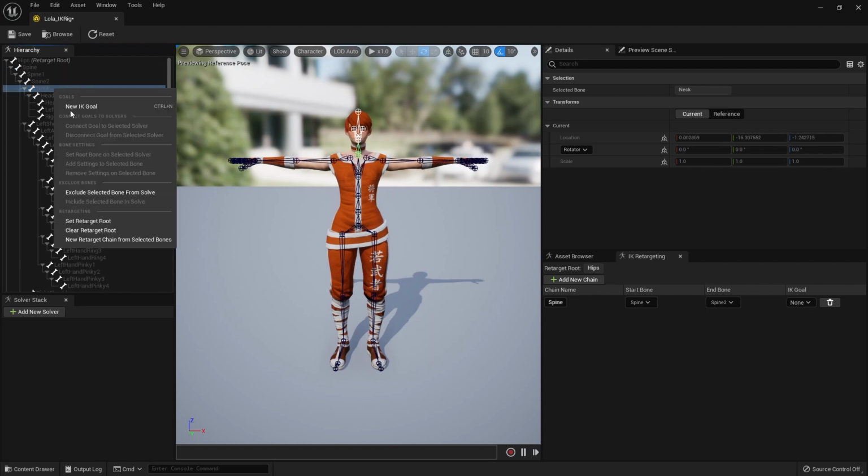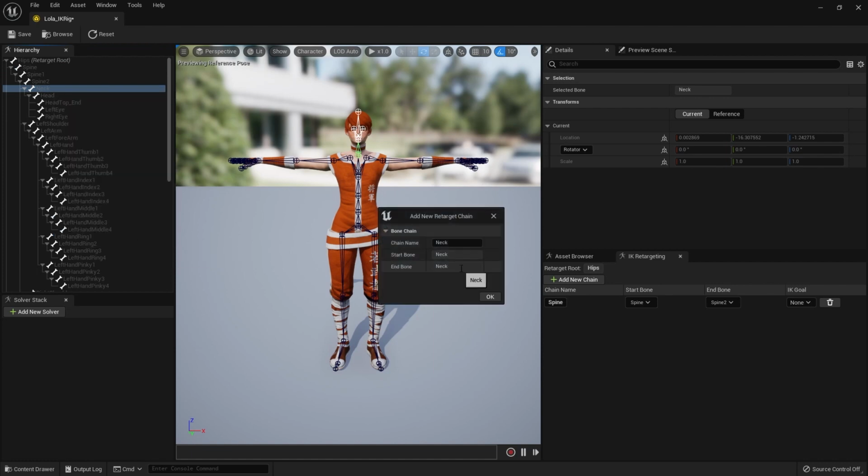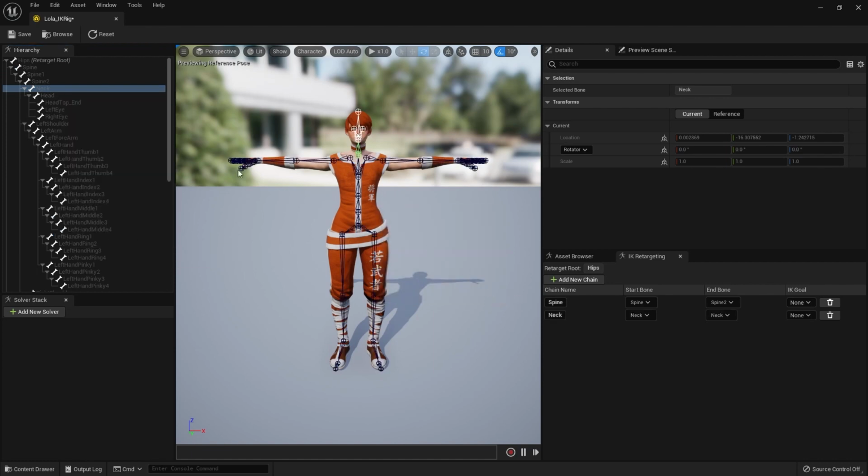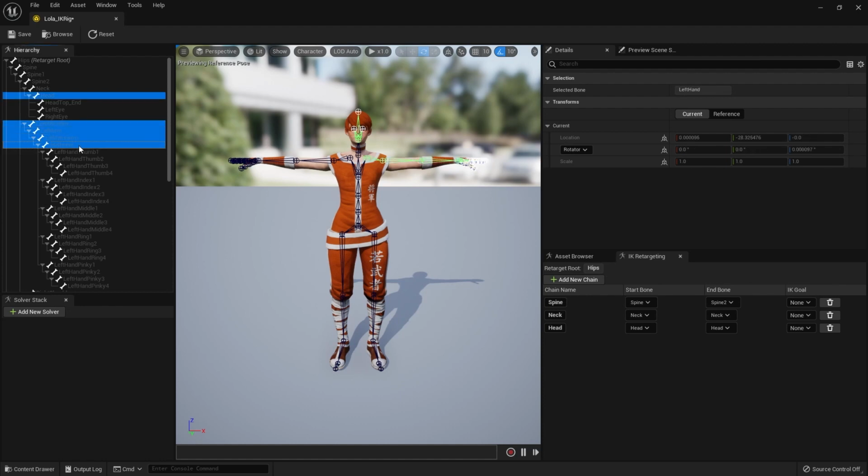Then I'm going to do one for the neck, and it's called neck. There's only one neck joint, so there's not much of an option of which ones to pick there, and I'm going to do one for the head. All right, so now the shoulder to hand I can do in one shot here. So I got those 4 bones. Actually, a little trick here. I'm going to hide these so I can see more without having to scroll. I can also